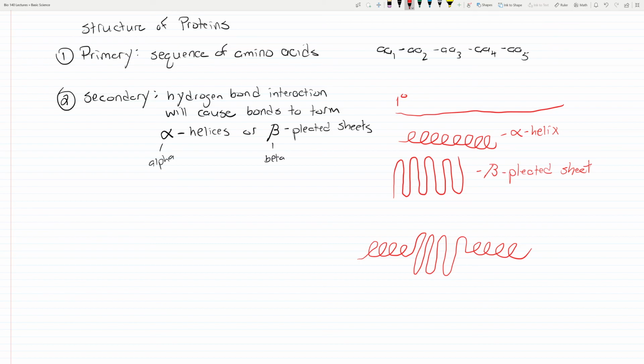Now, we're going to continue folding. We continue folding because it can't be easy. So then we have what's called tertiary structure. And in this, the protein starts to fold in on itself and make a glob, and it's called globular. So let's say I have my alpha helix, and it turns